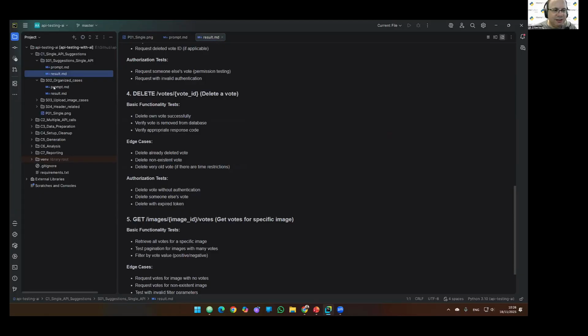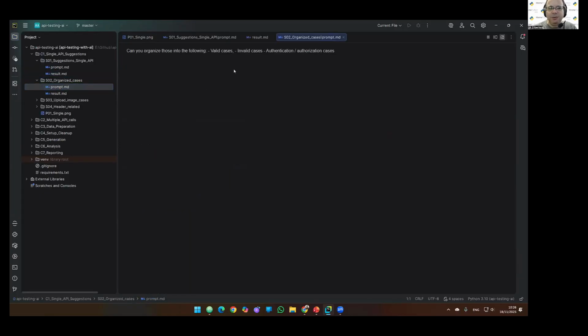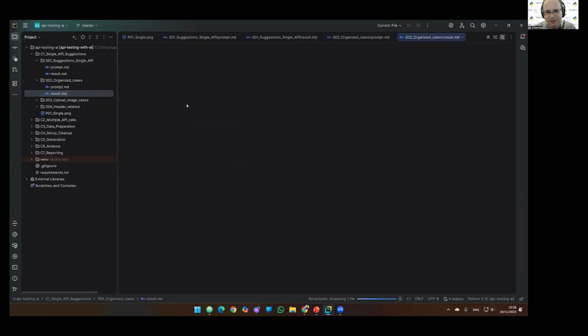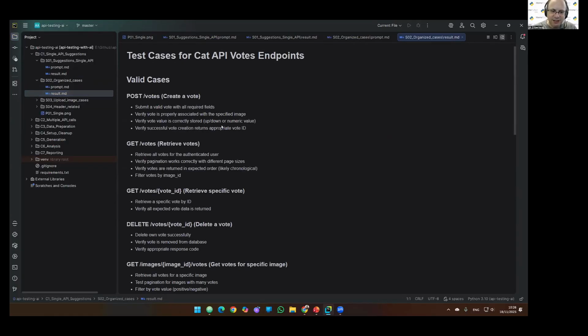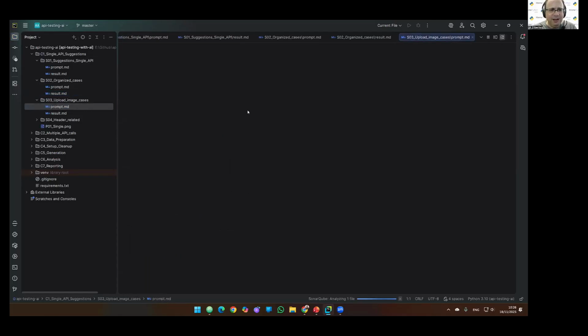You can ask it, "Organize this for me. First, valid cases," and it will do this because GPT transforms stuff. So you get all the things that may be interesting for you right now. So organizing stuff. If you know what you're doing, and you probably should be, there's an upload image API, and